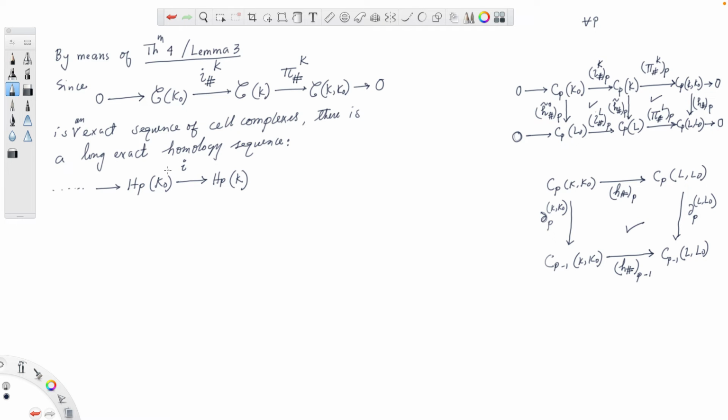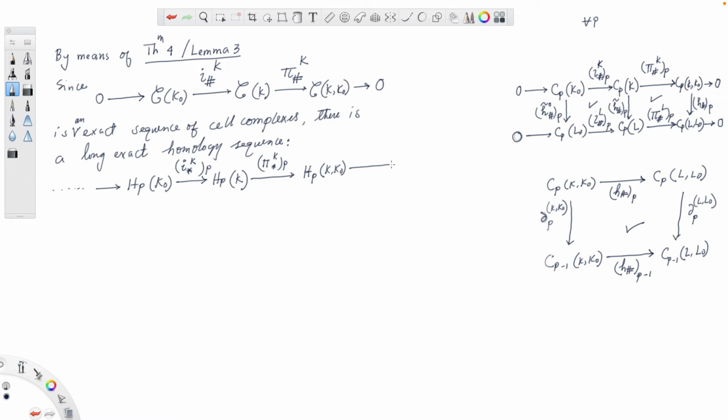This group homomorphism is I star K at P, and this is going to be pi K star at P, and this is the relative homology group of K mod K0,